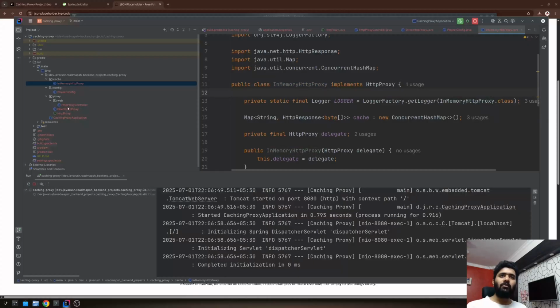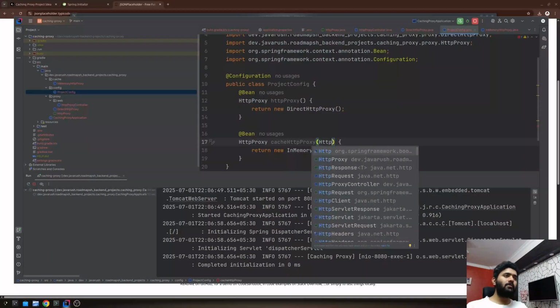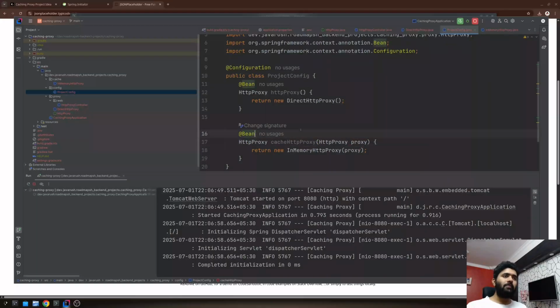Let's do that. I will go to the project config, and we have one bean here. Now I will create another bean, of type HttpProxy, I will call it cacheHttpProxy, and return new InMemoryHttpProxy. Now this InMemoryHttpProxy takes another HttpProxy. Let me give it proxy, and this proxy will be injected here. Now I will make this bean primary,